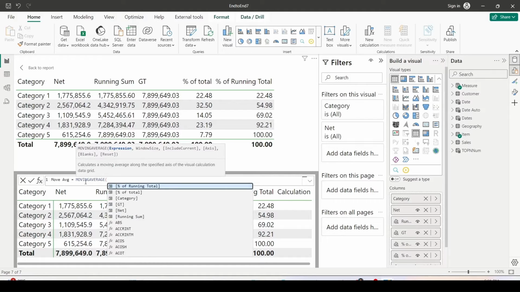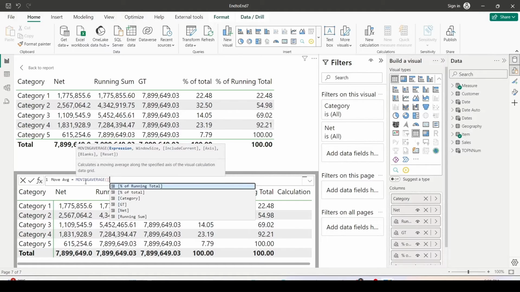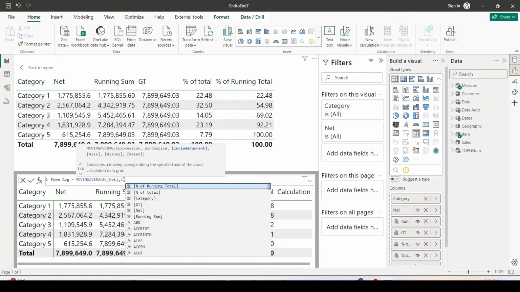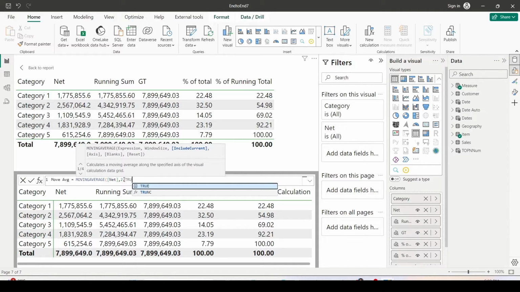In the moving average, I can give an expression. Expression is nothing but net. Then window, do I want to include the current, axis, row, column, blanks, and where you want to reset. So window is 2. I only want to do for the last 2. So I want to include the current. As of now, I want to include the current, so I'll keep it. Otherwise you can have the values like true and false, but let's start with